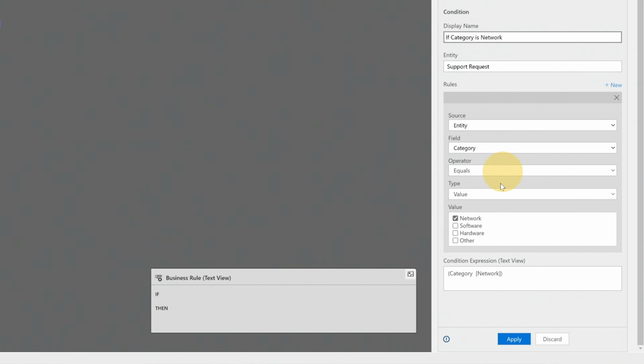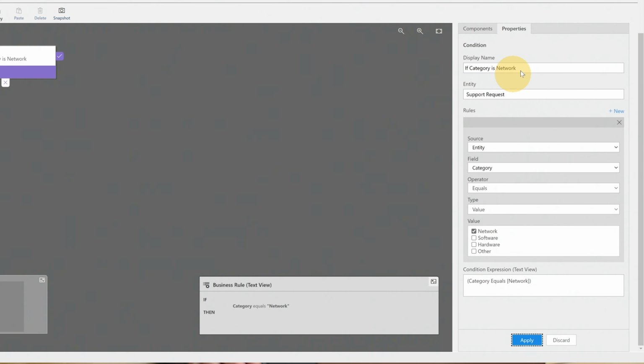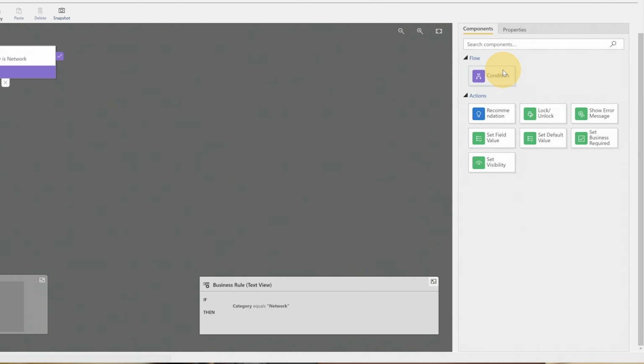So if the category is network, key thing to remember here is every time you do something over here in this panel on the right, you need to remember to click apply. Often people will forget to click apply, and then they'll click off and it won't have saved their changes. So now that we've done that, you'll see in this little business rule text view, it says, hey, if the category equals network. The next thing we want to do is actually add some actions to this,